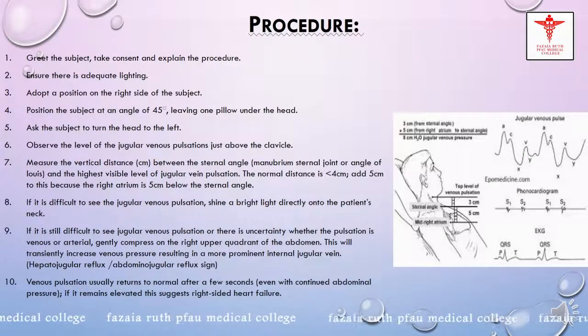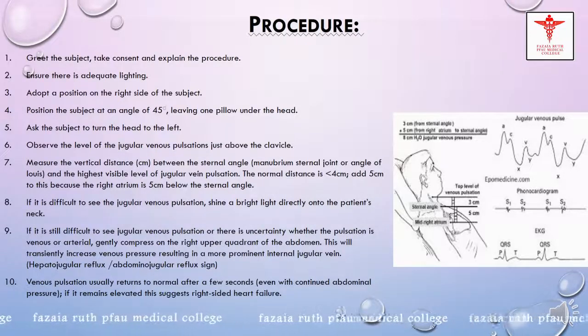And now measure the distance. It should come to less than 4 centimeters. And again, we know that the right atrium lies 5 centimeters below the sternal angle, so we will be adding the recorded reading to 5. So that will give you the exact